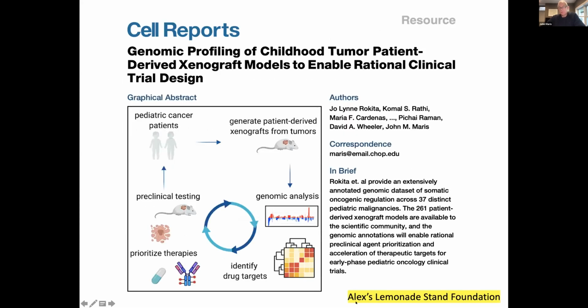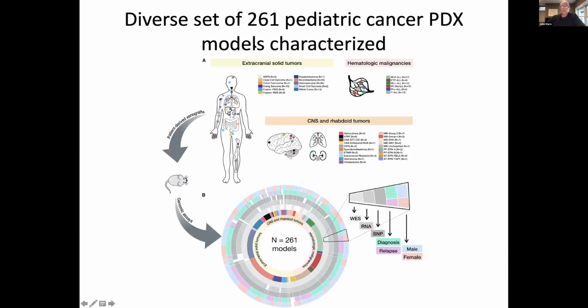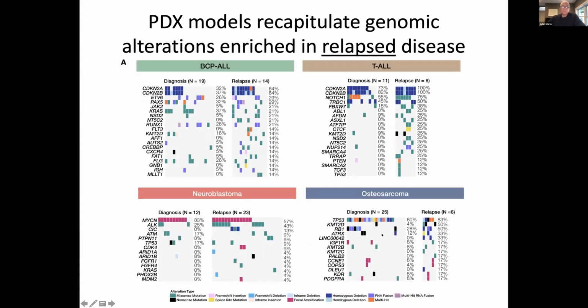So we published, with the support of Alex's Lemonade Stand Foundation, a paper as a resource, which was really just taking our patient-derived xenograft models and throwing every genomic technology that we could get our hands on at them to provide a landscape of what these are for drug development purposes. In this effort we had 261 patient-derived xenograft models. You can see they're from a lot of different childhood cancer diseases, with a lot of different genomic technologies to annotate these. And to make a long story short,